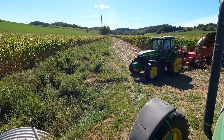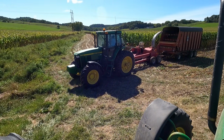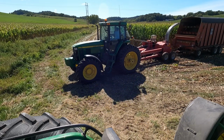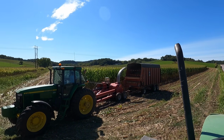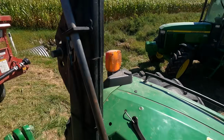One more load, and then we'll have 10 rows off this field, and that's about what we put in our yard pile, I guess you could call it. So far, so good. I plugged a spout on the chopper. I don't know why. There's a little buildup from the hay, and it was interfering, but...